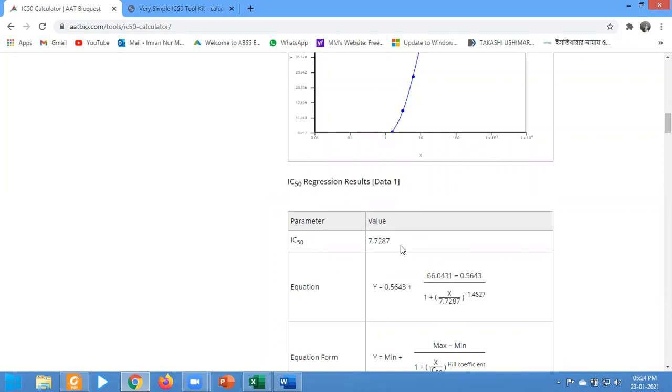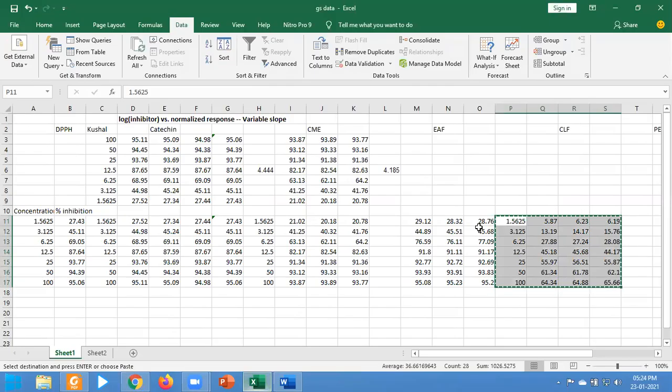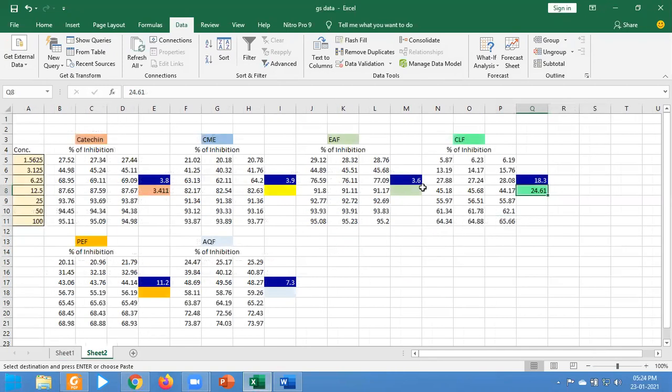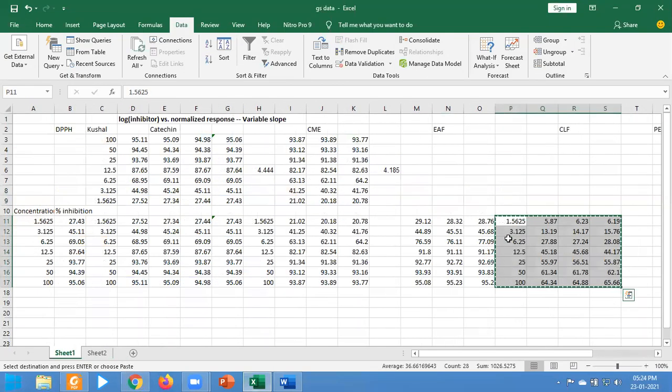This is the inhibitory concentration 50, but you can see from this Excel sheet that it was previously estimated that the IC50 concentration is 18.3, because the concentration should be between 12.5 and 25.